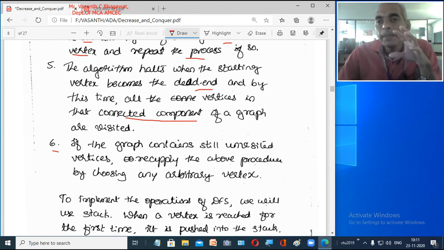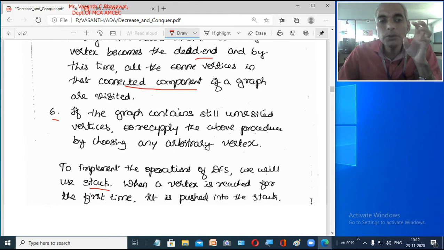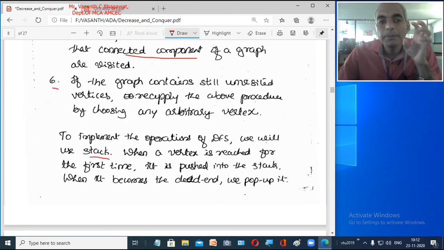Now basically this DFS method uses a stack. We are going to use the stack data structure for implementing this DFS algorithm practically. The major difference between DFS and breadth first search, the next traversing or searching algorithm, is only the data structure we are going to use. So here we try to implement a stack. When a vertex is visited for the first time, we push it into the stack.